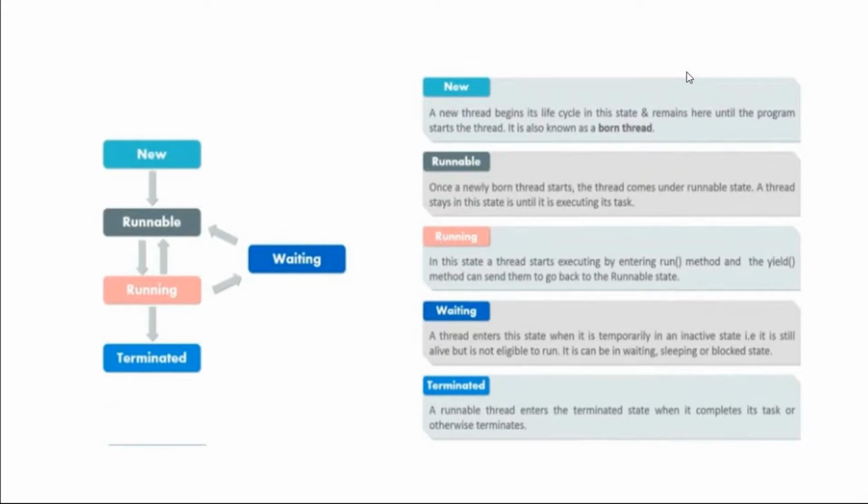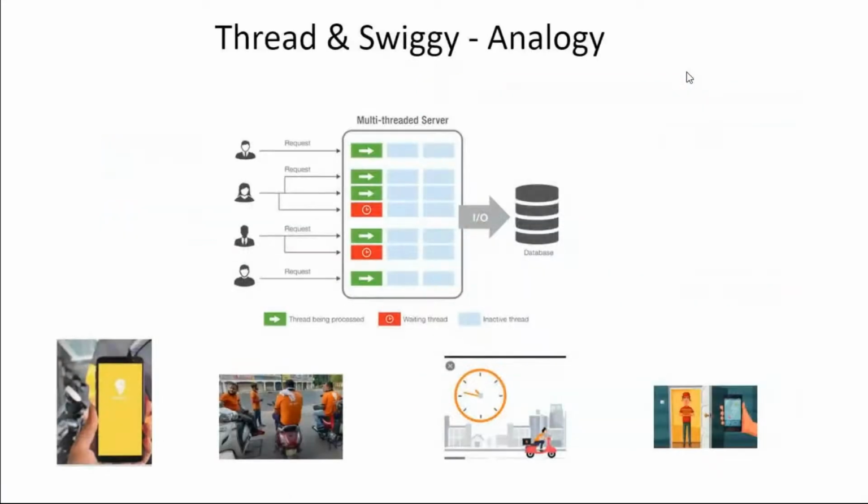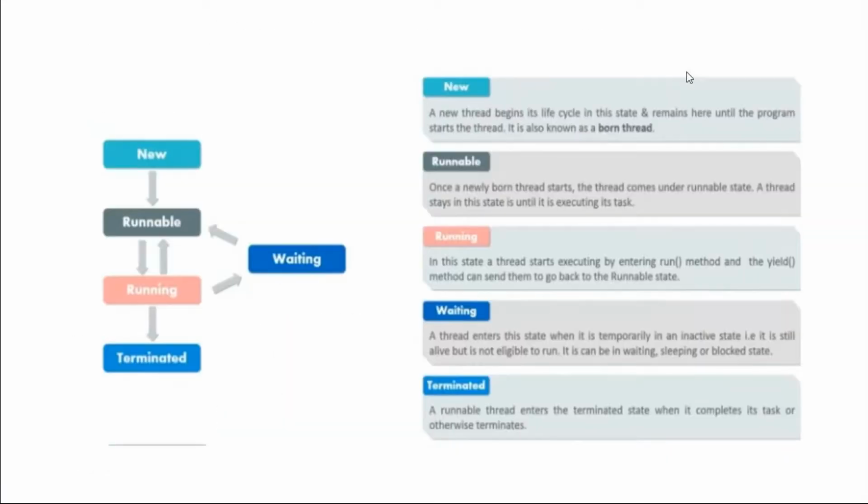We'll run a small JMeter script, and then we'll use JVisualVM and some plugins to look into these various states. As the JMeter script starts, how many threads are going to get started. As the load increases, how the new threads are going to get created. We can set minimum threads and maximum threads, and accordingly we can see how the threads are getting created and destroyed. Those as well, we'll look into in a very practical manner.